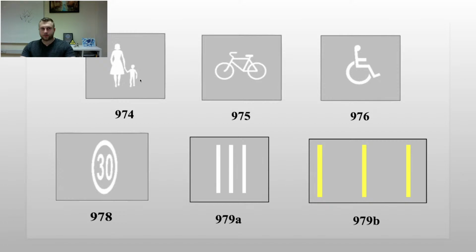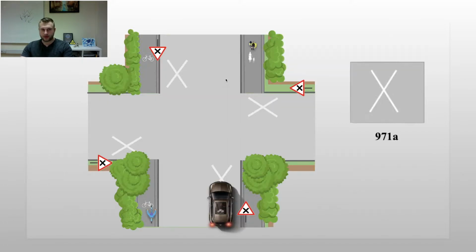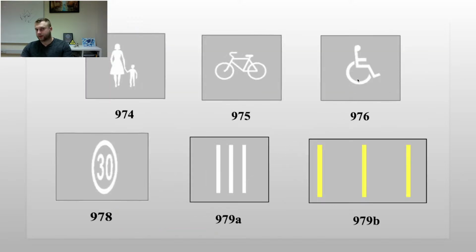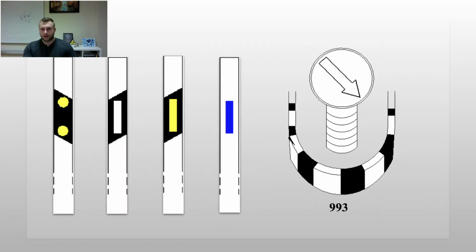This one is also very obvious. This is for pedestrian roads. Maybe on some pictures, for example here, pedestrian road, cycle road, and road for disabled people, for example. Only they can use this part of the road. You cannot use it if you are riding a bicycle or if you are a pedestrian. And this one, the last one, means